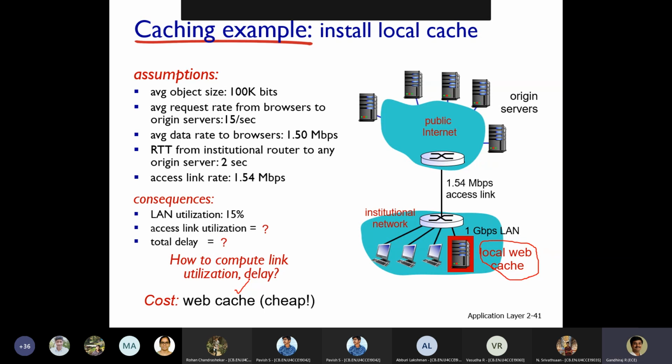How to compute the link utilization delay for this? Every time a person wants to access information from the remote location, if all the contents are available from the local cache, then all queries will go through this only.